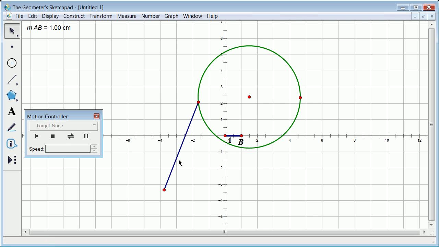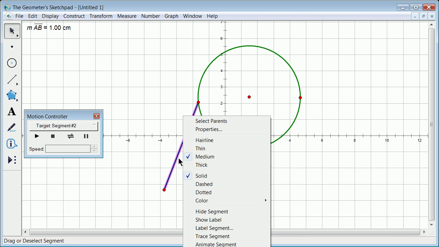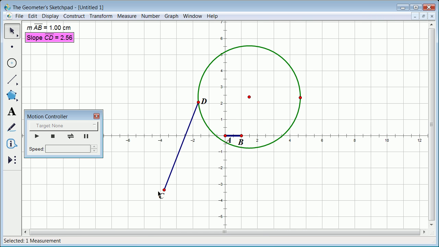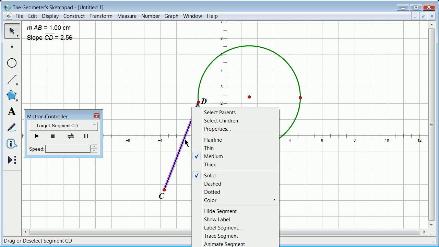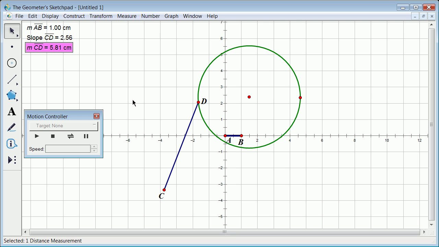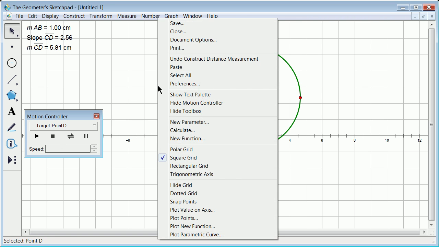If I take this and then I say measure, right? So measure the slope. And what you'll see here, the length, I can measure the length as it's a line segment. And now as I take this and again animate the point,